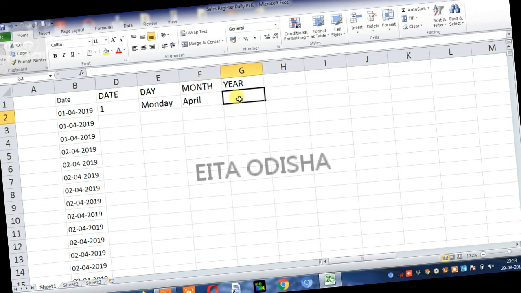Here, if you want to extract the full year, you can put the same formula. Type equals TEXT, start bracket, put this date cell, type comma, inverted comma, 4 times Y and close with